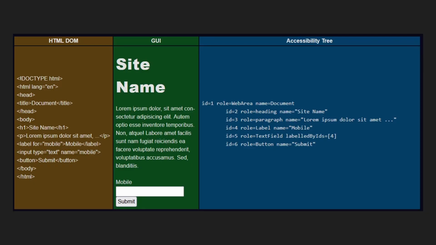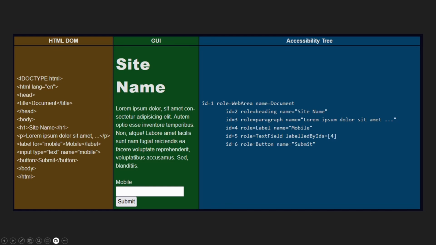Take a look at the yellow column on the left. This is what the code for a website would look like. When we start our web bootcamp next week, I can talk you through a bit more about what this code actually is. But we have the title of a page, we have a heading called site name, and we have a paragraph which looks like this lorem ipsum text.